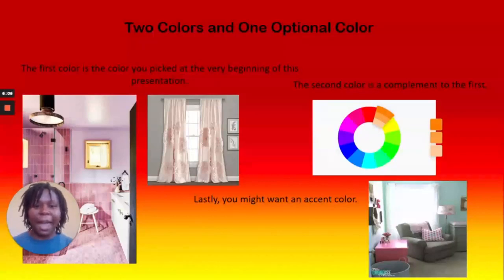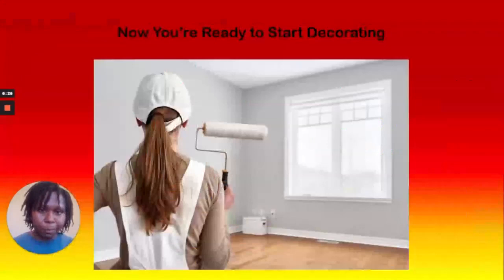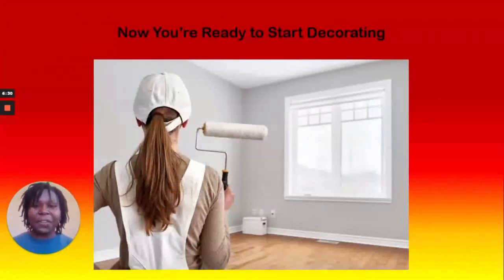The last color is just going to be an accent. It's mainly for if you have a monochromatic room, which is a room that's basically one color, and you just want to make it pop a little bit, just a little something here or there. It's like a little unexpected surprise. It's pleasant, but it doesn't take up too much. Now that you have all your colors, you're good to go, and you can record them and use them to decorate and paint.